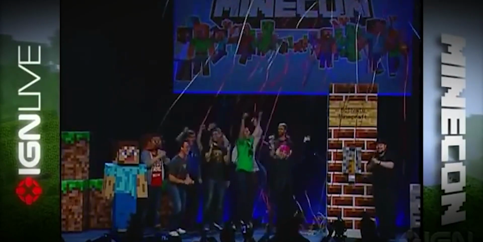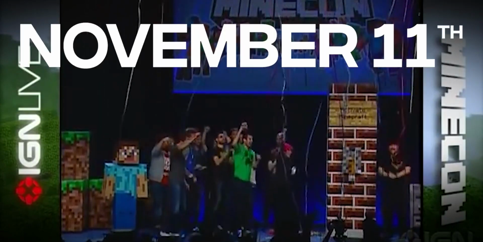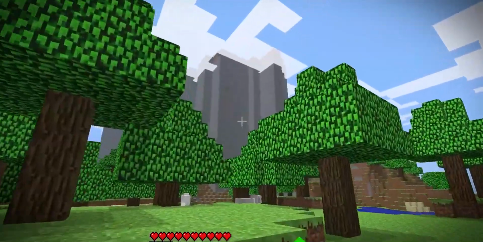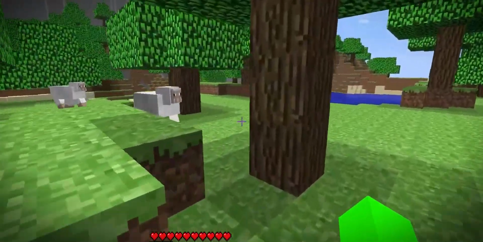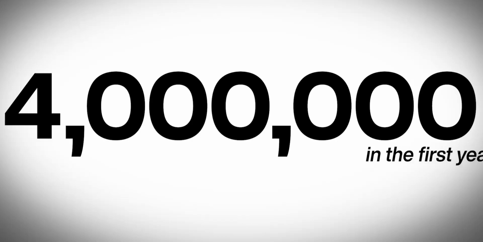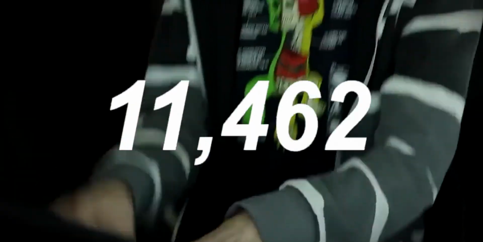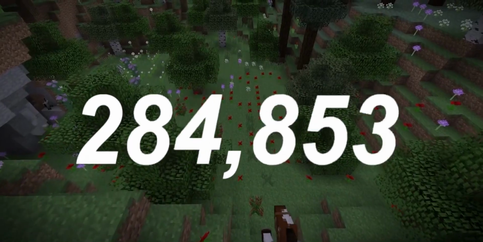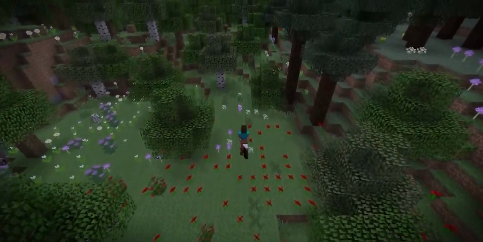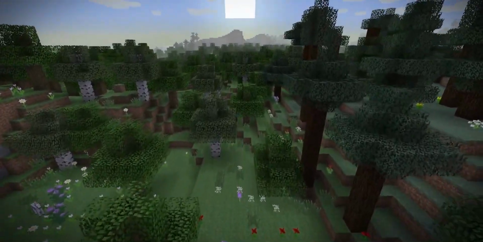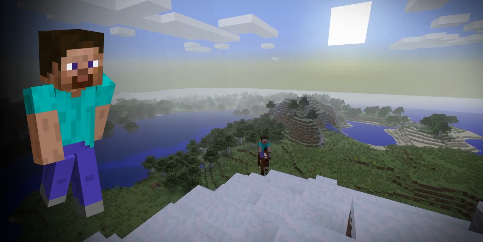Minecraft officially gets released to the public on November 11th, 2011, and immediately it becomes an instant success, selling over 4 million copies in just the first year alone. But even with the exponential growth in the player base, we wouldn't see a style of original skins in the community, as most people would simply not worry about it. They just use the Minecraft default Steve skin.